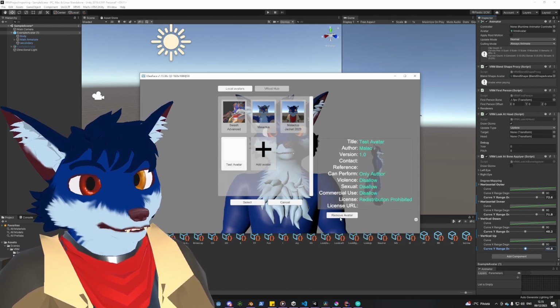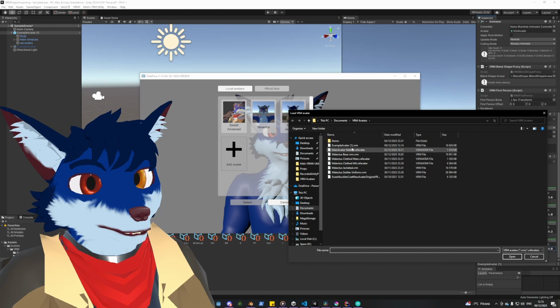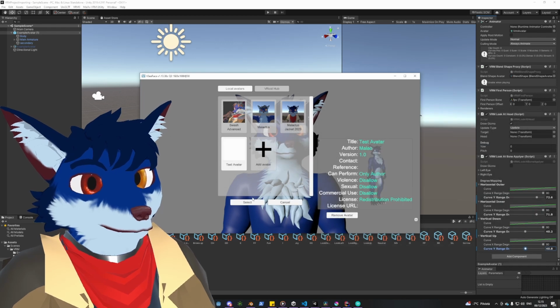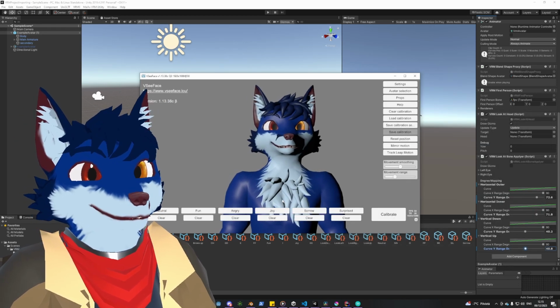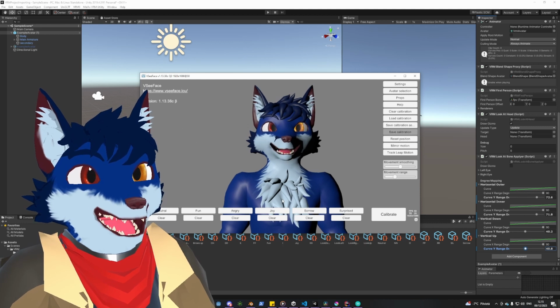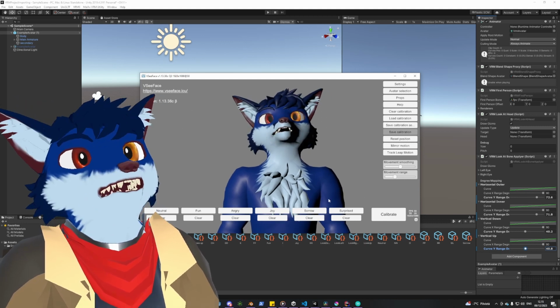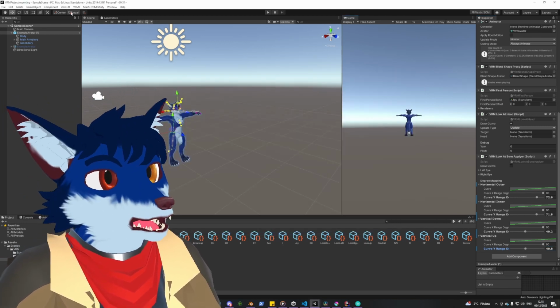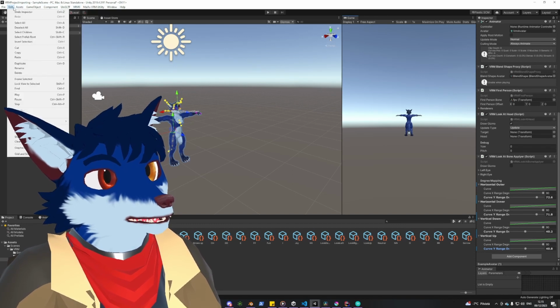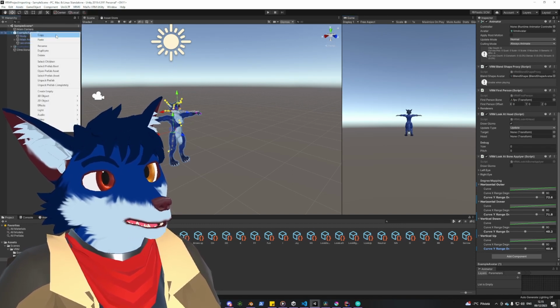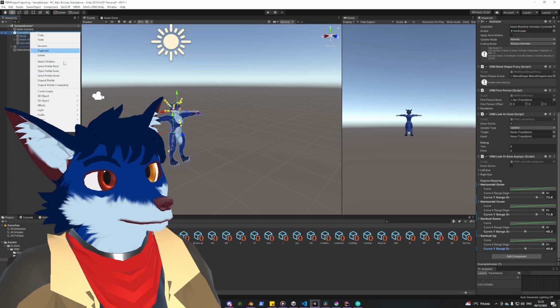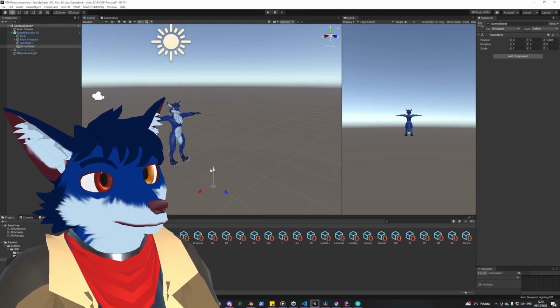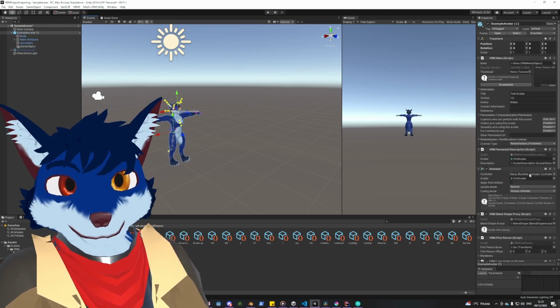Let's just remove all of this extra stuff here. And the eyes are not moving at all. Fantastic. I should have probably tested it. Let's see. Add empty. Yeah, well,